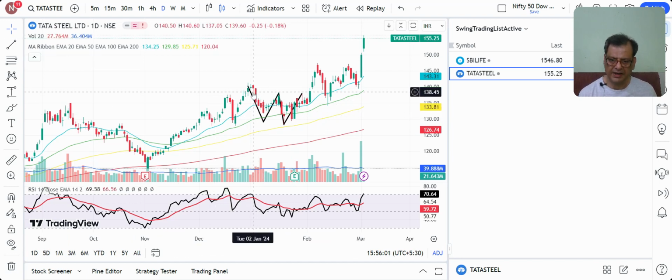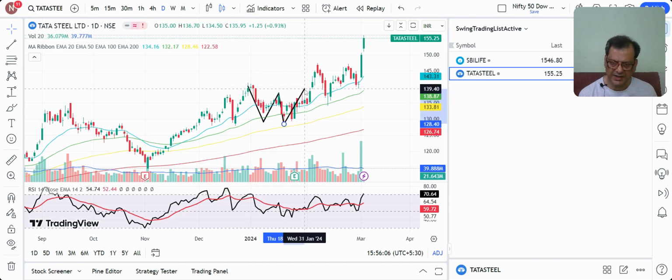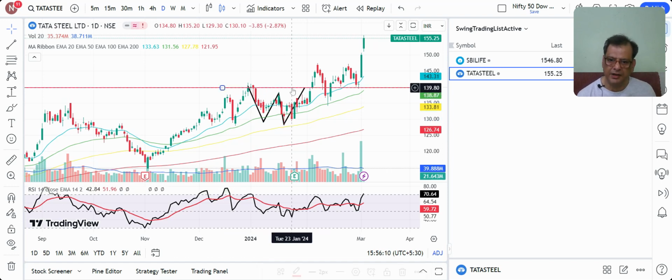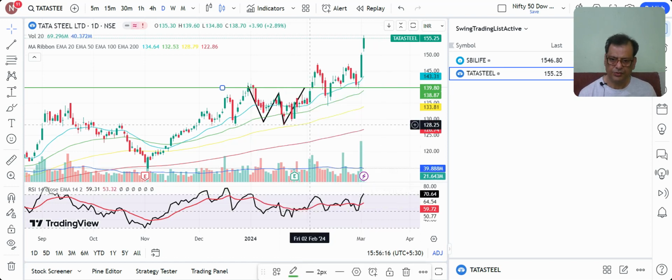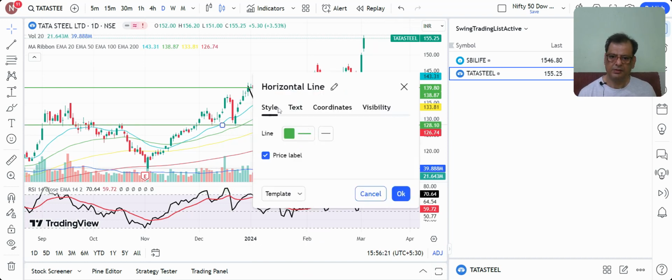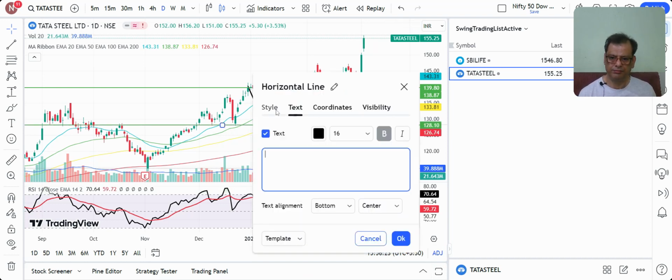we are going to make a neckline. Now, if you see this neckline, you can extend it a little higher if you will. I'm going to place a horizontal line here. This is your long entry. You have to take a long entry above this. You have to place your stop loss below this bottom,